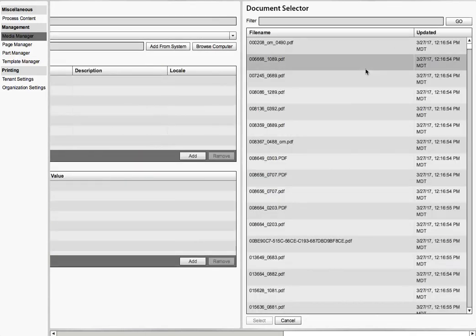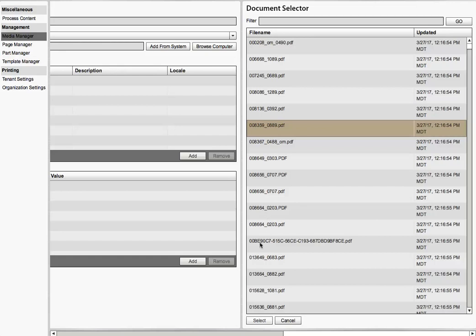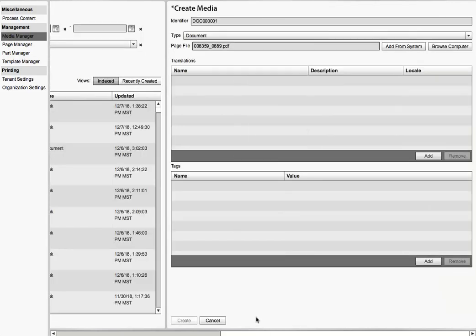open the document selector. This gives us access to all the static files that we've previously uploaded to Documoto. You do have the option to select a document directly from your computer, but it's best practice to upload it to Documoto first. We'll select this file 008359_0889. We'll click Select,